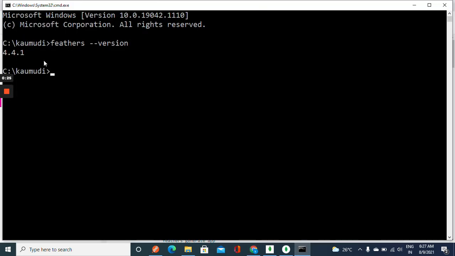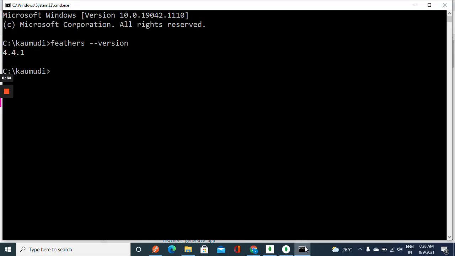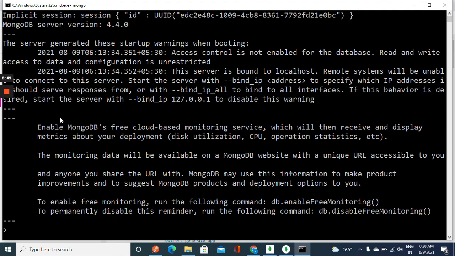It is 4.4.1. Also, as a note, you can see over here that it requires node version 10 or later. So let's see the node version also. On my machine it is 12.14.1 and as the database I'm using MongoDB. So let's check its version as well. You can see I'm working with 4.4.0 of MongoDB. So